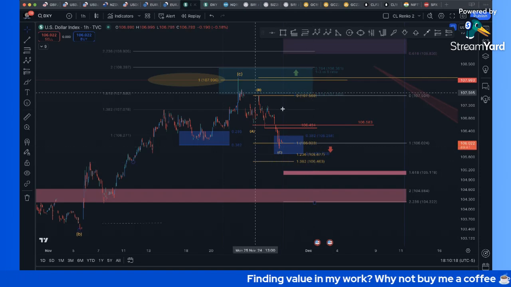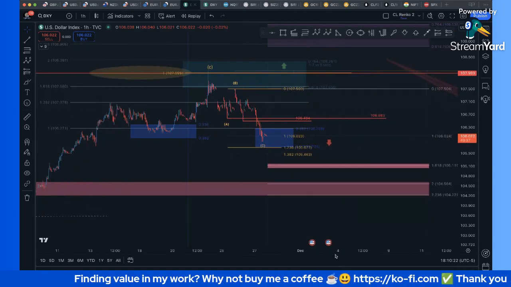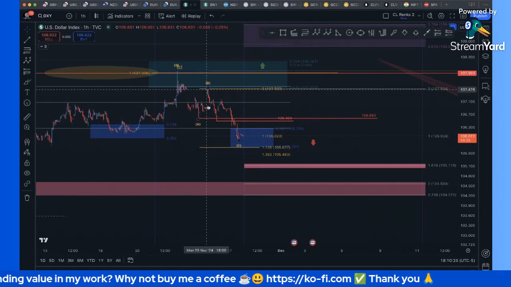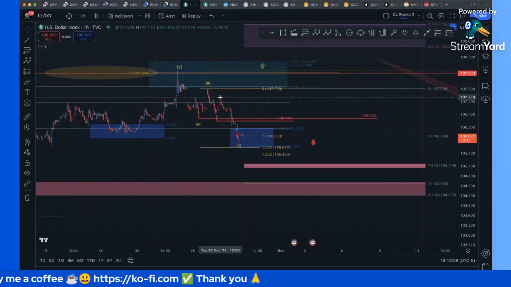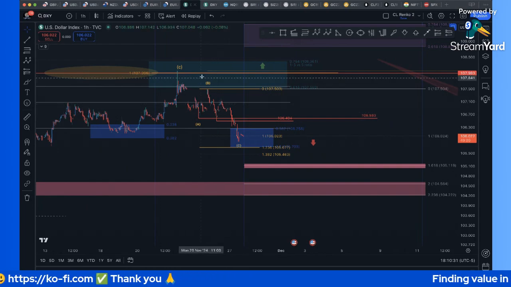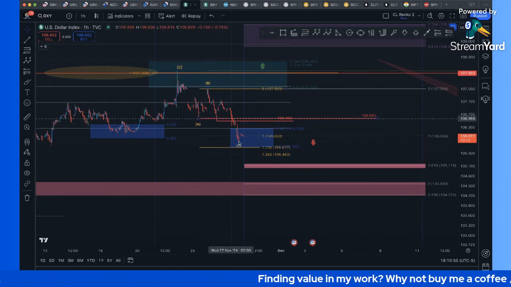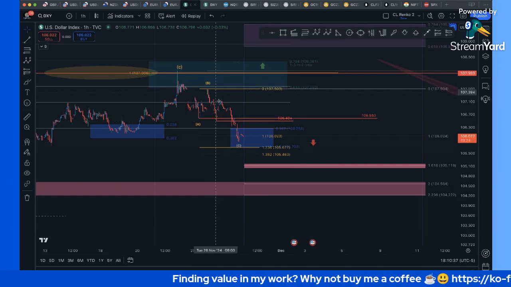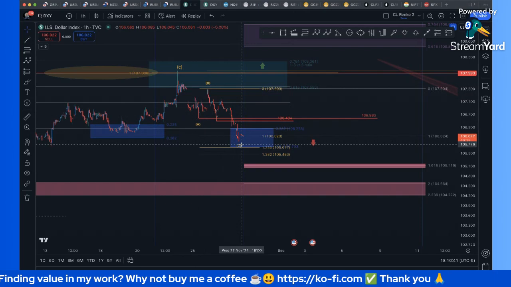Could this be a C wave here? It should be in 5 waves. So if this is 3 down for wave 1, 2, or this could be a little bit more complex, because 3 down, this could be another 3-wave move inside of here. 1, 2, and then this is 1, 2, 3, 4, 5. Actually,